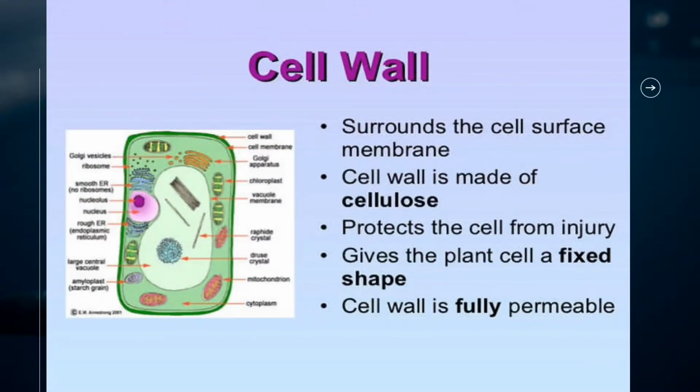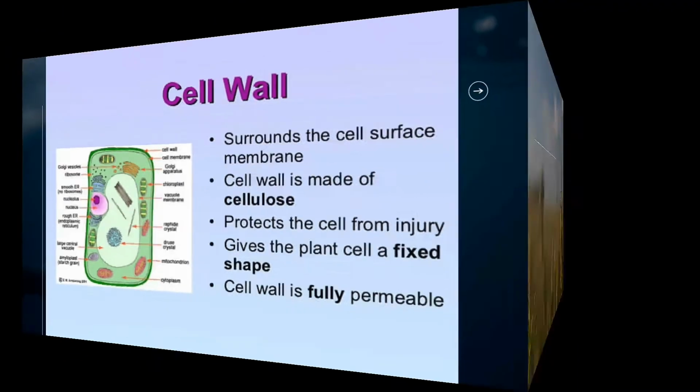The first we want to look at is the cell wall. The cell wall is found in all plant cells. It surrounds the cell surface membrane, and it is made up of cellulose. This cell wall gives mechanical support and protection to plants. So that is the aspect of the cell wall. The cell wall is found only in plants, unlike in animals,